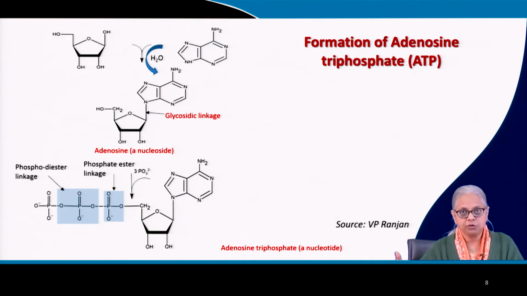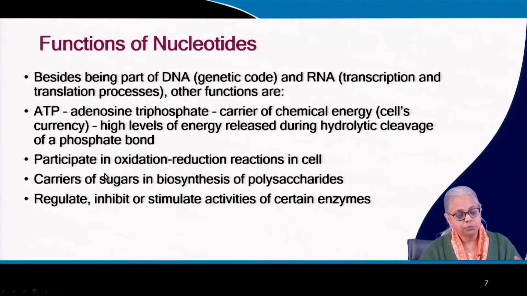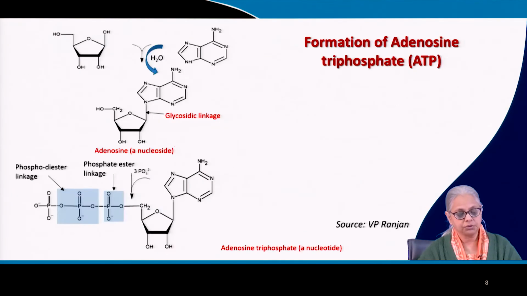So when you have 3 phosphates, that is adenosine triphosphate, it's a high energy chemical molecule, and adenosine diphosphate is also a high energy compound or molecule or whatever you want to call it, and AMP, adenosine monophosphate, is a low energy containing compound. So that's why ATP is the cell's way of storing chemical energy, and the reverse of this reaction will give you